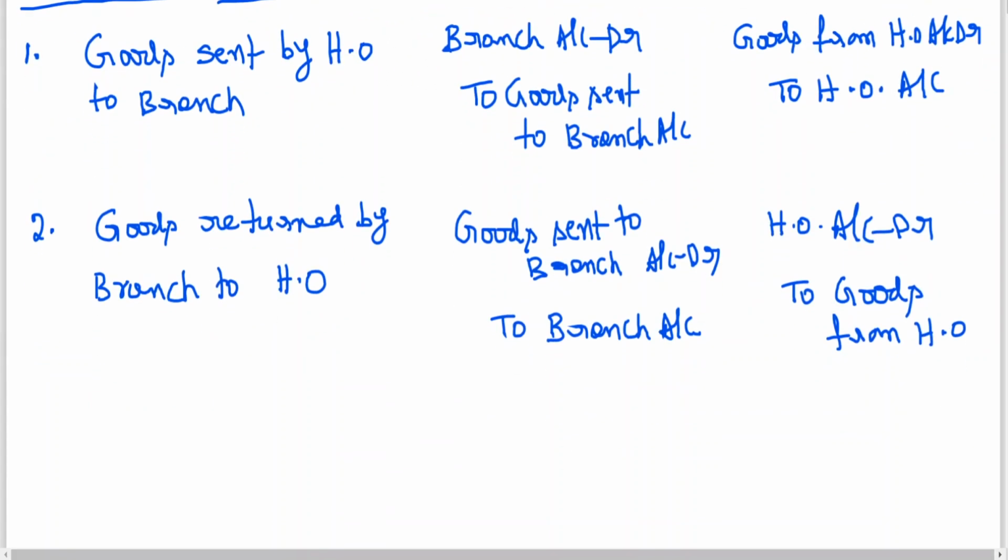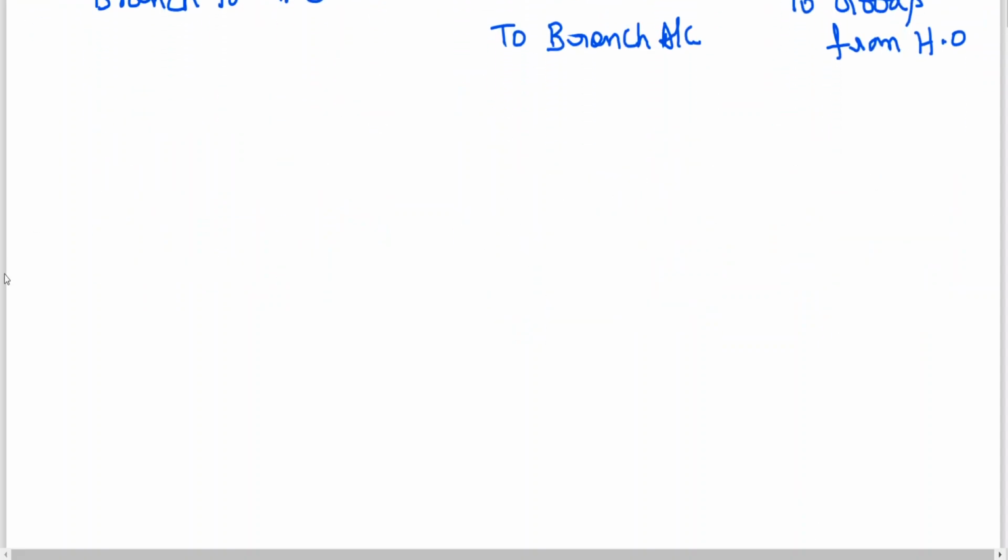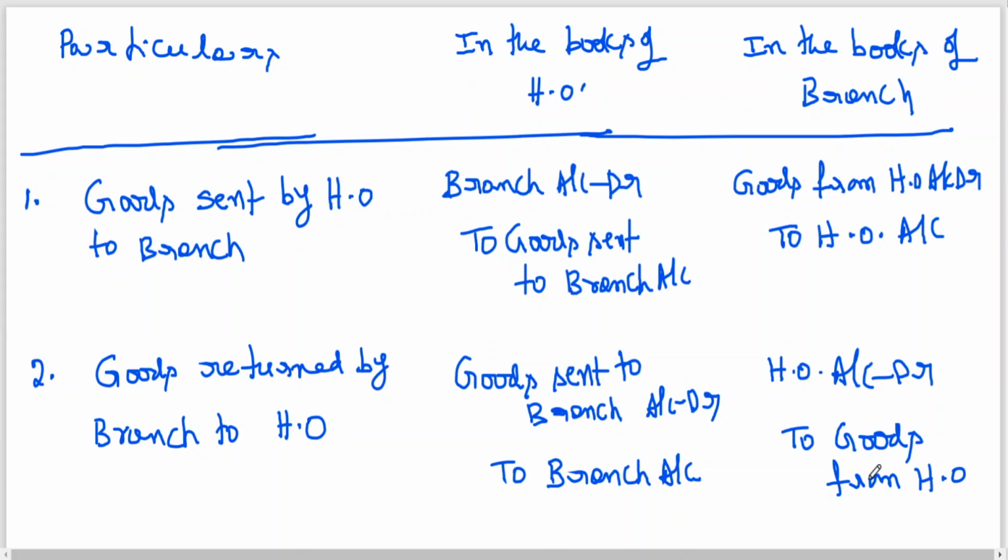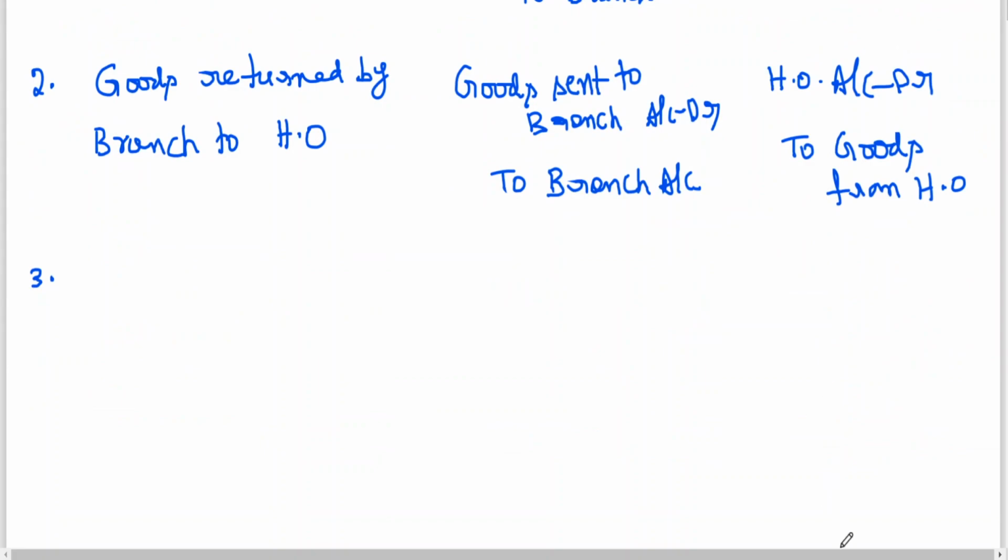Okay, next, third transaction. Here to all of you, this one. Head office to head office. This is clear. Head office account at R2, third transaction. Cash sent by